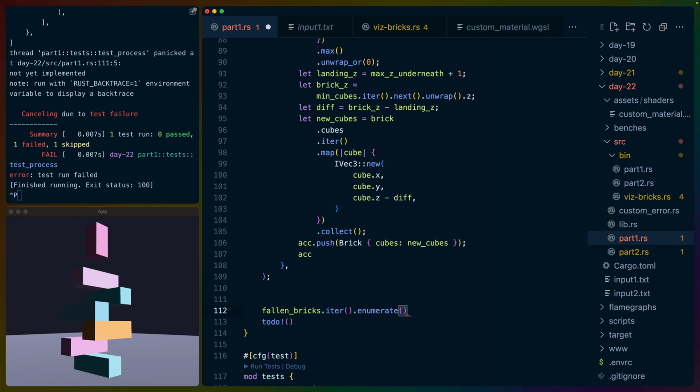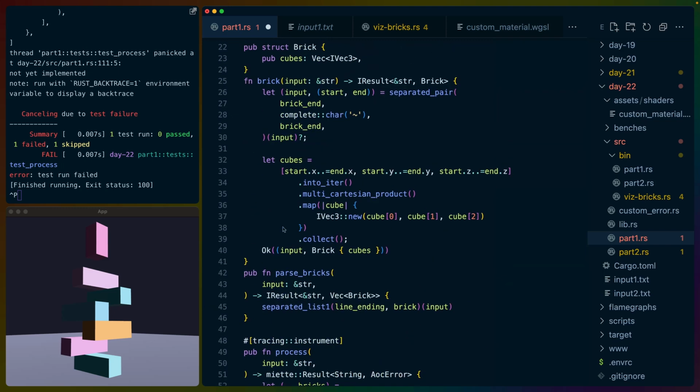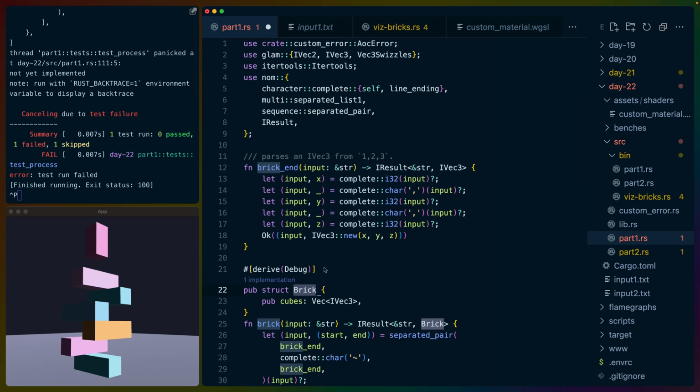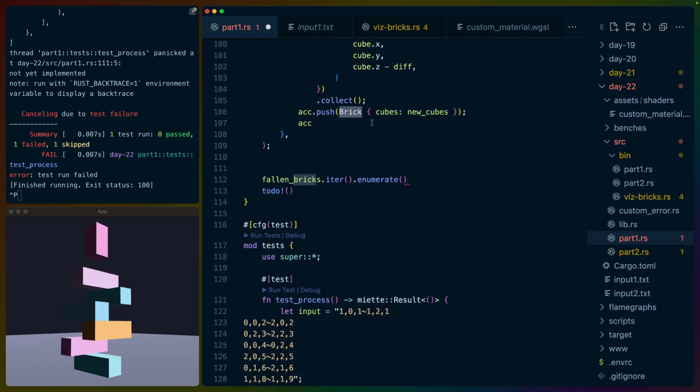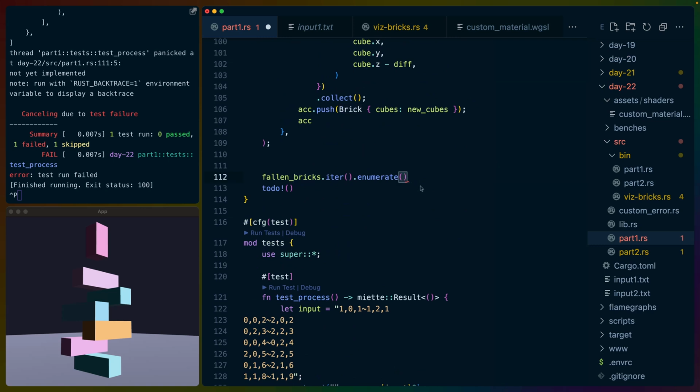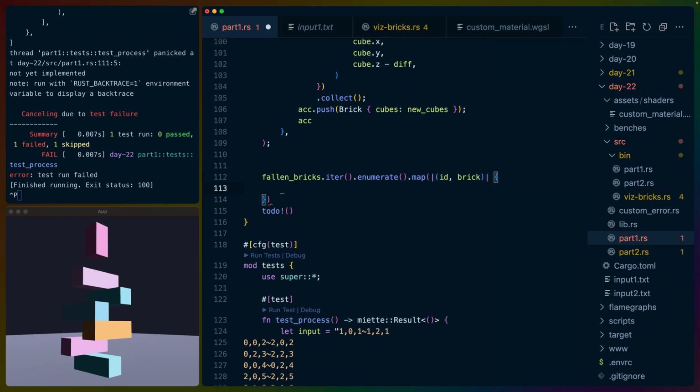The ID is not stable, so we can't really use it to refer to them. We could have done that earlier, but we didn't. Maybe that would be a better way to do this, but in our parser, if brick had an ID and we just incremented some ID over and over, I guess it's the same thing we're doing here really. If we ever want that ID, we could always just move it back up. So enumerate map ID brick, right? And then for every key that is the XYZ position, I guess, because it all matters. So maybe this is flat map, and maybe this is